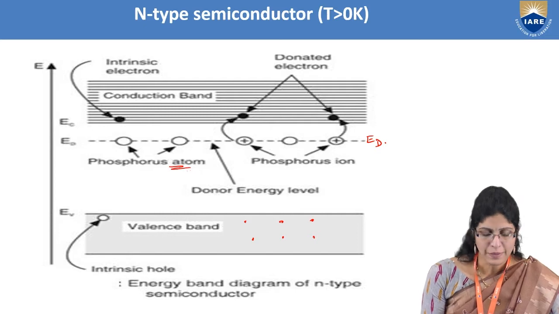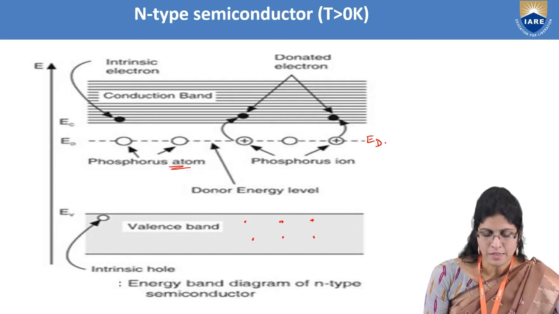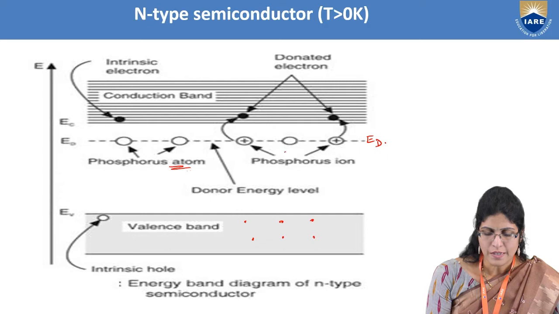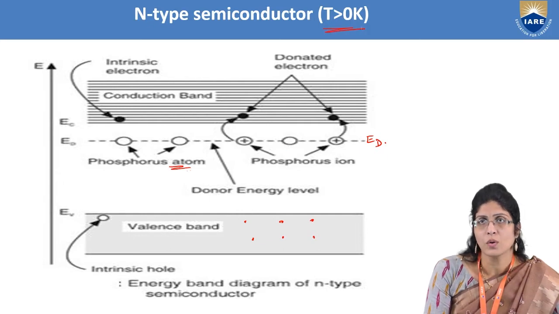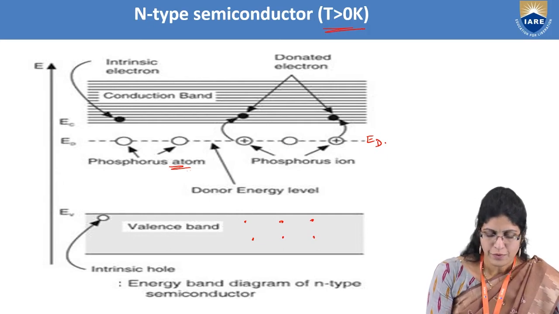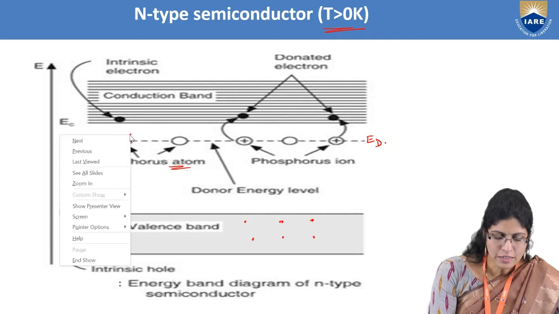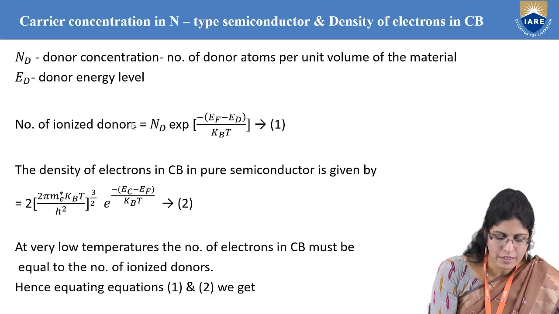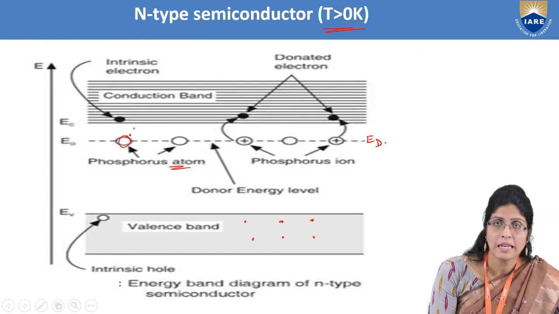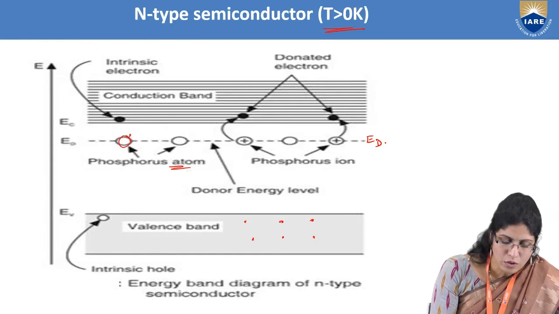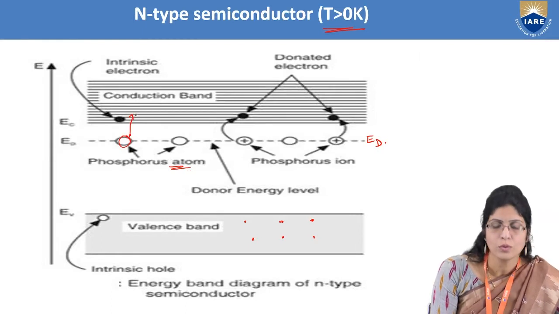Now as the temperature is raised, when T is greater than 0 Kelvin, the phosphorus atom, which is having 1 free electron, gives away this 1 free electron